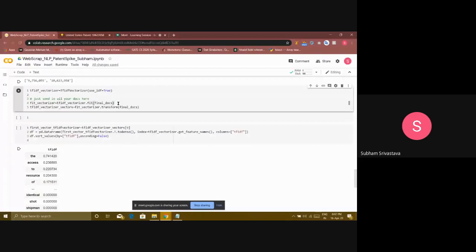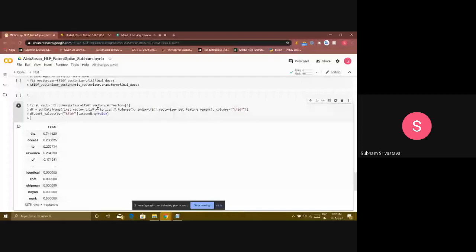And yeah, I'm here. So this is my final vectors. Here I have just tried to print one of them. What I'm doing is, this vectorizer is actually in the form of an object, right? So first I'm taking the 0, it means there are 0 and 1, two indices because there are two documents. So I'm taking just the first document, and this .T.todense is extracting this information from that object, and this index is giving the index names, the X names you are getting here, the access to resource, and TF-IDF is the column name.